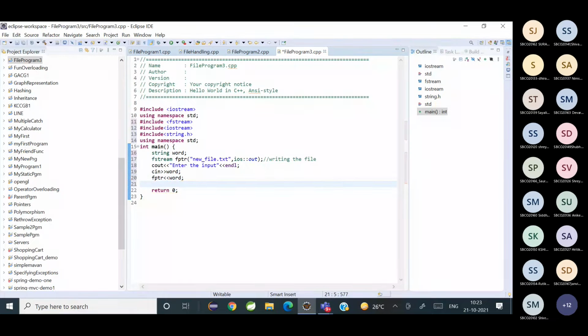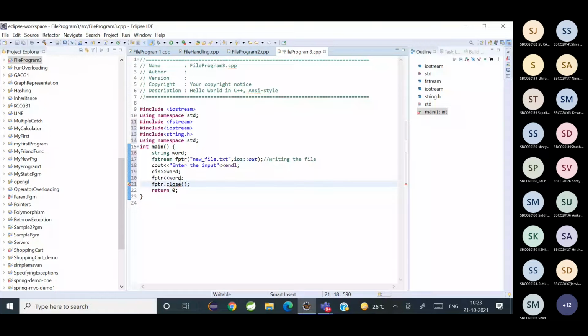and after this what should we do? Can somebody tell me? Close the file, yeah, you have to close the file, say close.